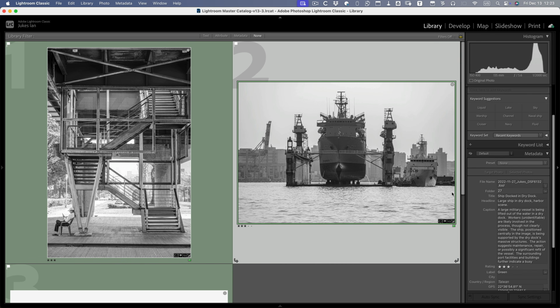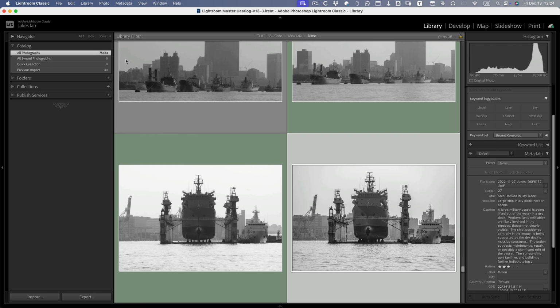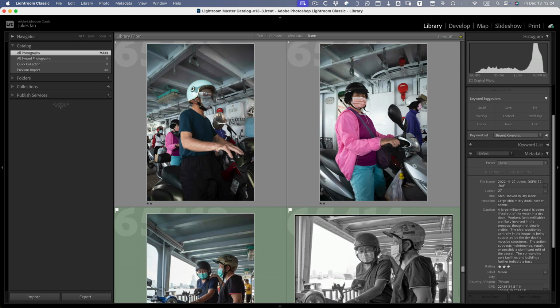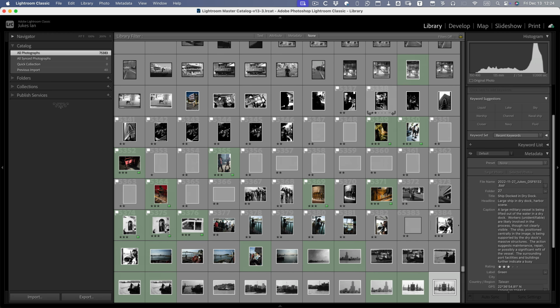And of course, the benefit of adding this is later on when you're looking through your images. If you press the backslash up here, the top. Let's just go to the catalog so we've got all of the images. Okay, let's zoom out of these. So I've got 75,000 images in my catalog,